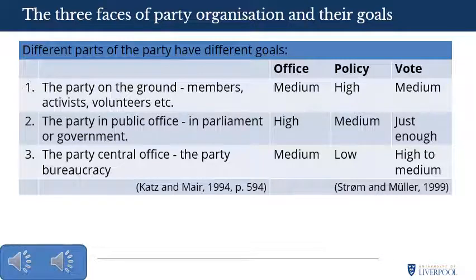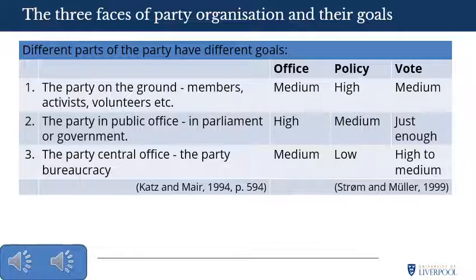Finally, the party in central office is often seen as subordinate to the party in public office. It's very rare for a party bureaucracy to dictate to elected representatives what to do, but it's not unheard of. For example, the British Labour Party under Jeremy Corbyn saw Corbyn's office override the advice of Labour HQ when it came to electioneering, because Corbyn and his team wanted to follow their instincts, whilst the central office pointed to polling evidence which Team Corbyn ignored.